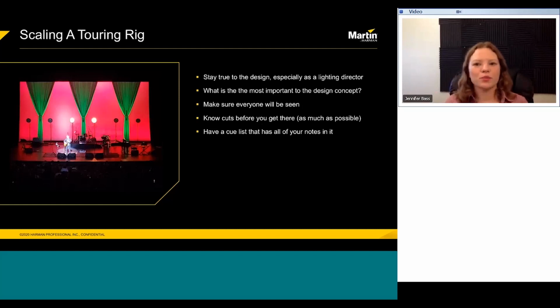And what's the most important thing to the design concept that needs to translate? Is it that you need all the different angles of the truss so that when you're doing all the ballyhoos, it's got the biggest movement and all that kind of thing? Or is it the contrast? Or